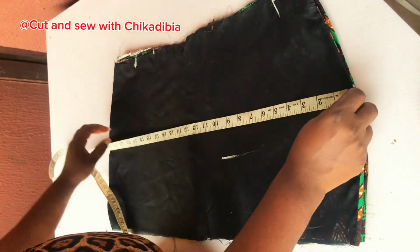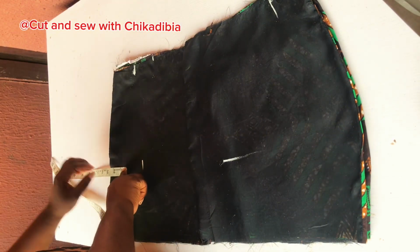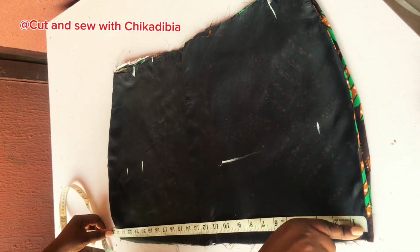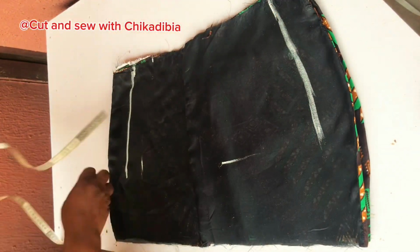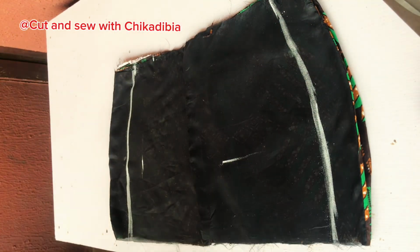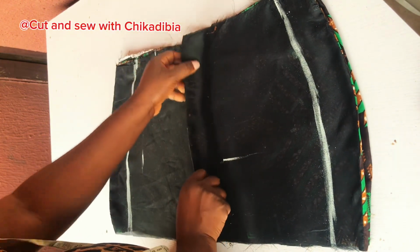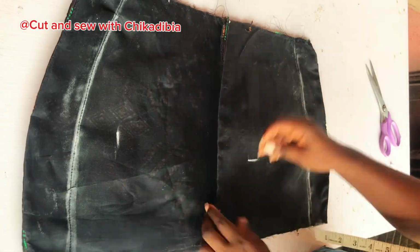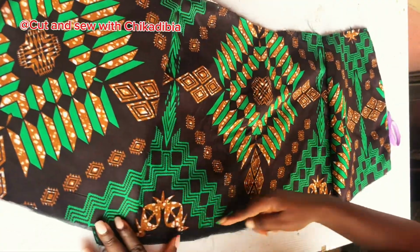Okay, and that's the same thing I'm going to do on the hip point. What I have there, my hip point divided by 2. What I have left as the allowance, I'm going to divide it by 2, and I'm going to mark it down. Okay, so once I'm done, I'm going to sew on a straight line leading to the chalk that I marked. Okay, after sewing and joining,